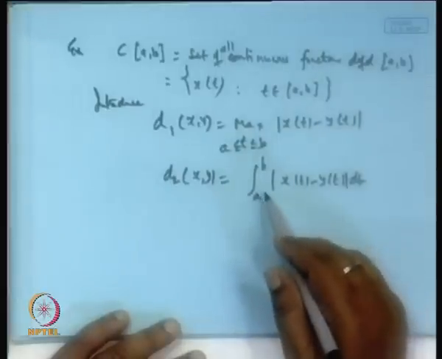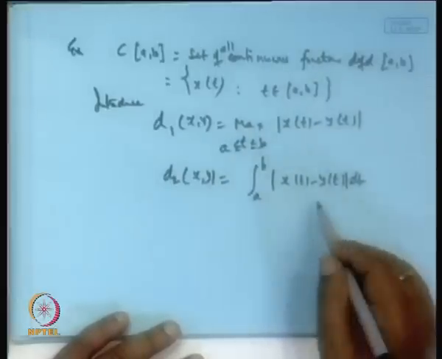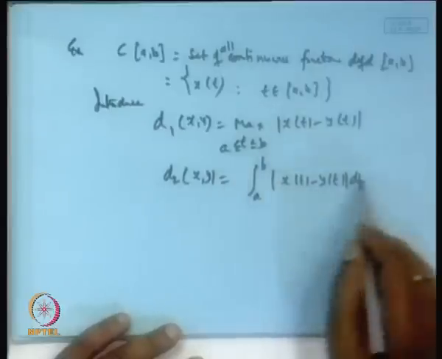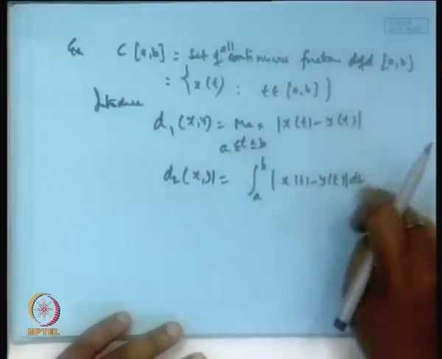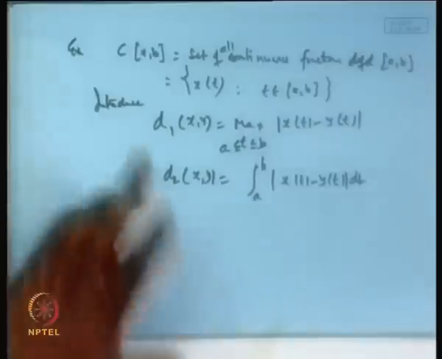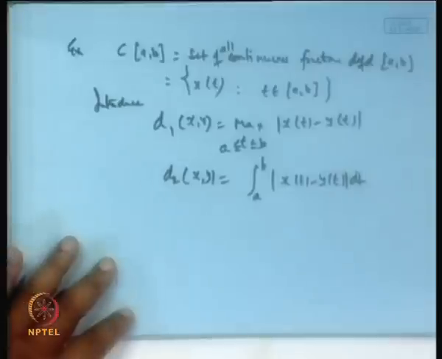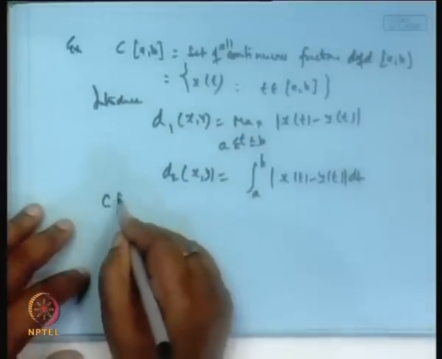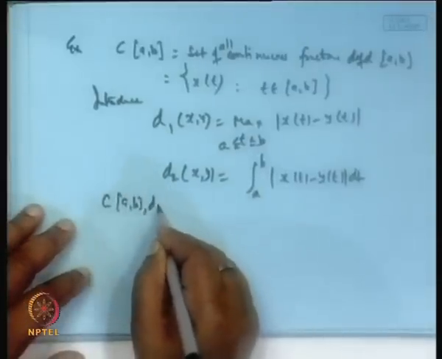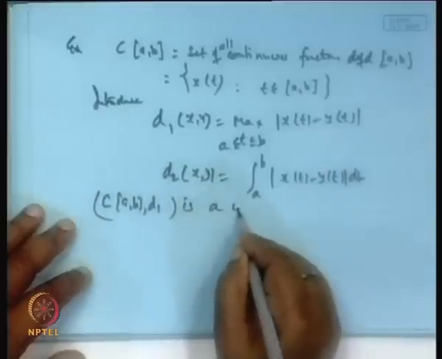Every continuous function is an integrable function on a finite interval, so it is also well defined. Both the metrics are well defined on C[a,b] and they satisfy all the properties of a metric space. But this C[a,b] under the metric D1 is a complete metric space,